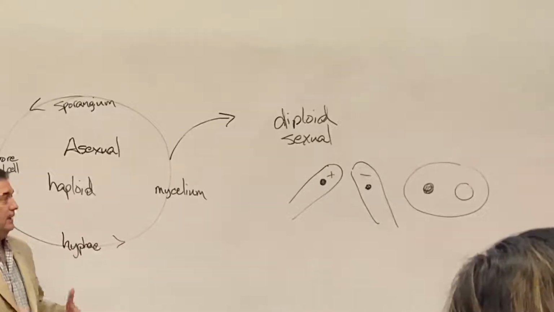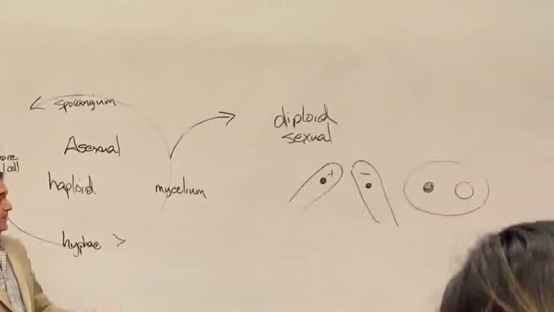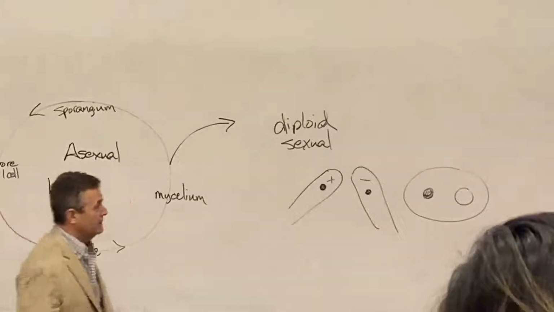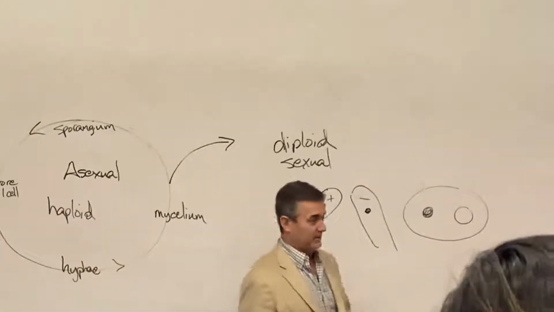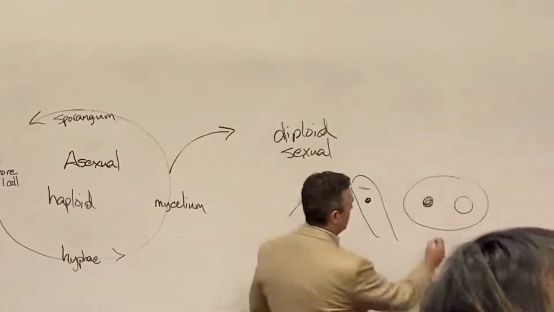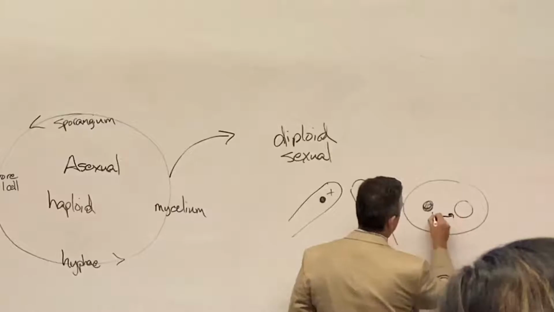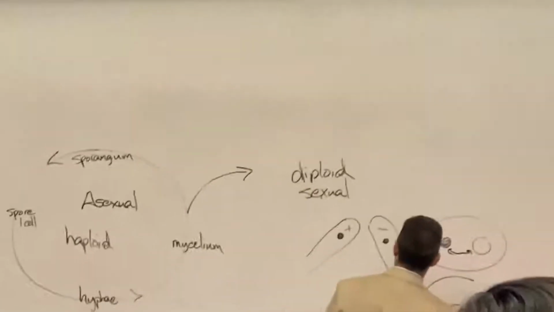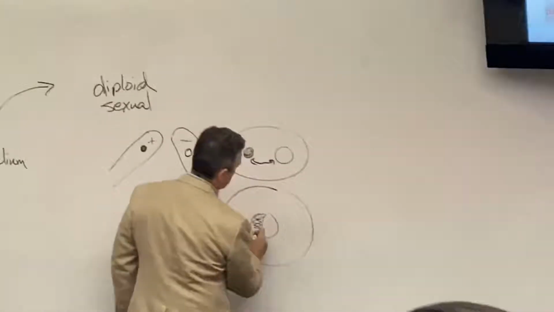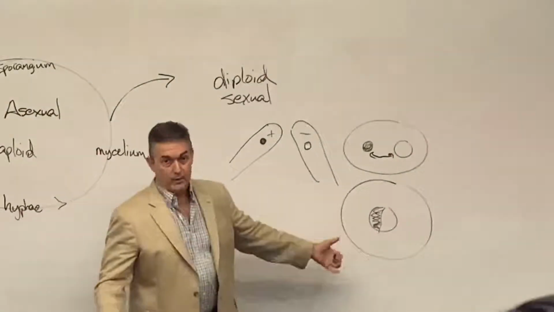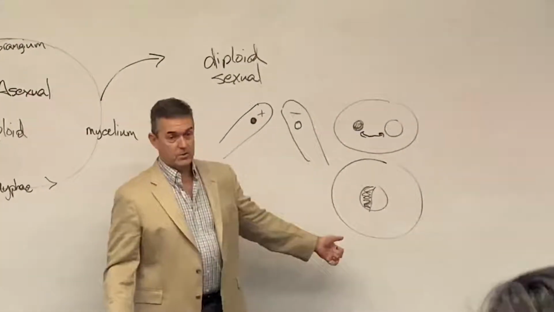That's plasmogamy. Karyogamy, you say it that way because it's similar to gametes. So karyogamy would be when these finally fuse, and then you have a nucleus that's part one cell type and part another. And now you've got what really is sexual reproduction.